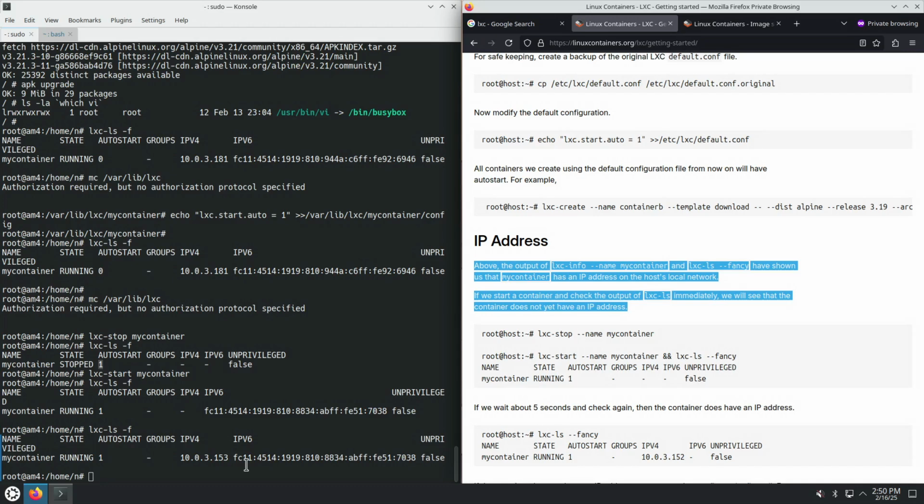Makes no sense to me. So in order to actually make sure that the same IPv4 address will be assigned to the same container while you restart the container, or maybe you restart the host operating system, the hardware computer,